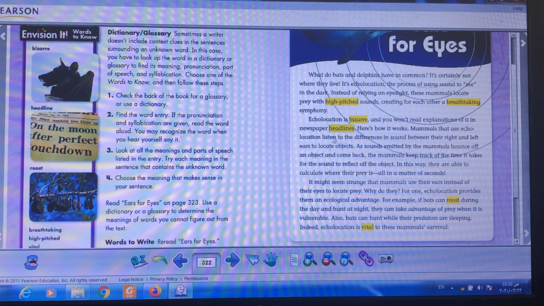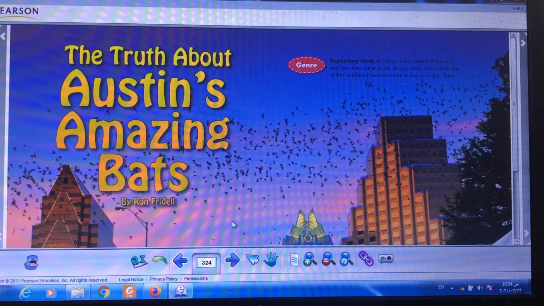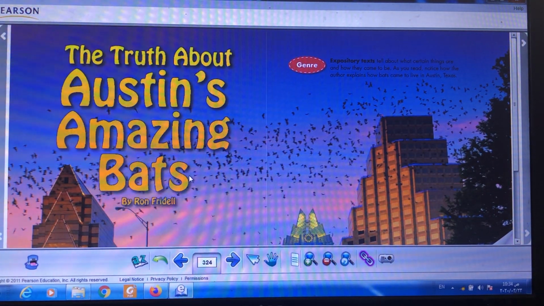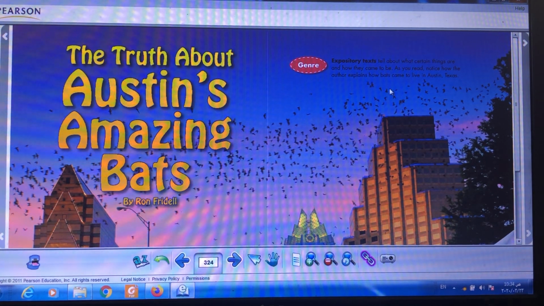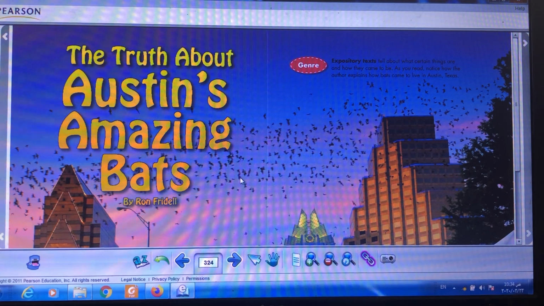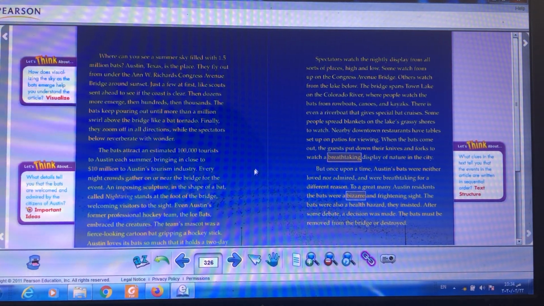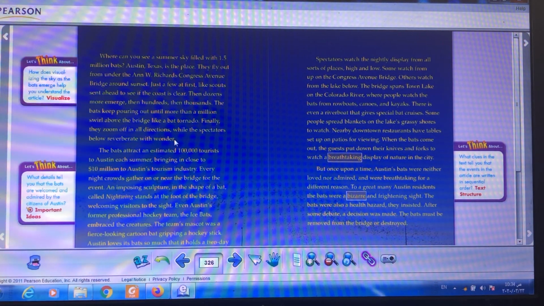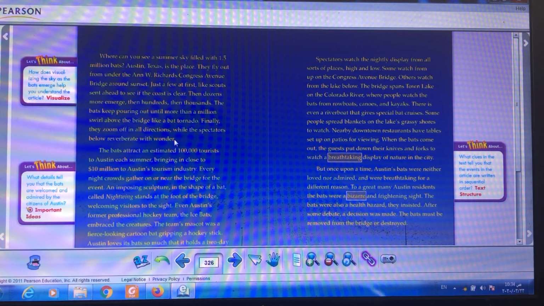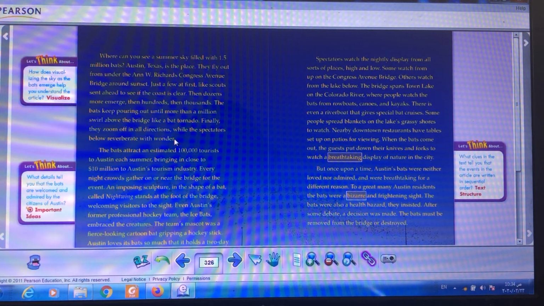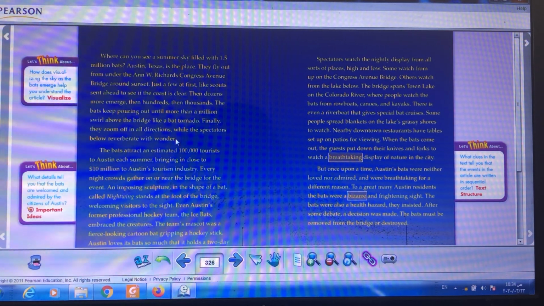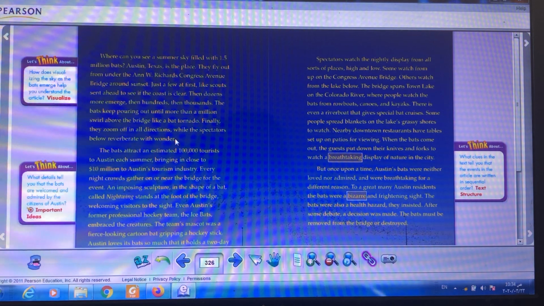And here are the words on the right in the context that we studied together yesterday. Okay, that was about the comprehension skill and the vocabulary of yesterday. Today's lesson, as I told you, is an expository text, The Truth About Austin's Amazing Bats. Okay, teacher, what shall we do in this selection? You should start reading all the text, and after each page, ask yourself, how can I draw a conclusion about this page? Drawing a conclusion on this page means you use the information of the page, the information that is already in the selection, or you can add information from your mind, meaning from the background that you know.